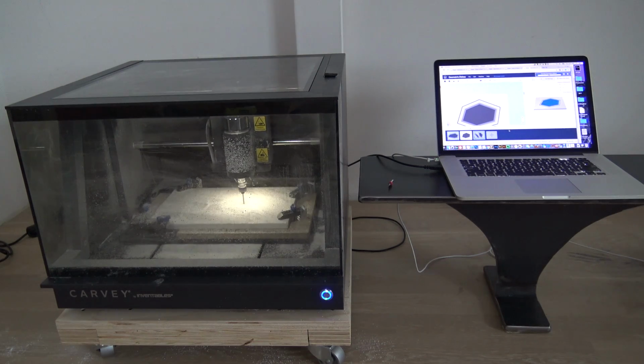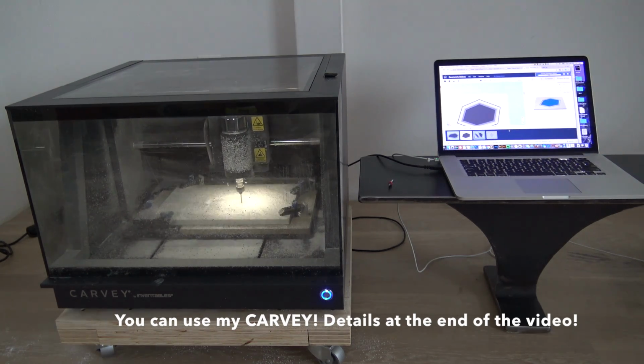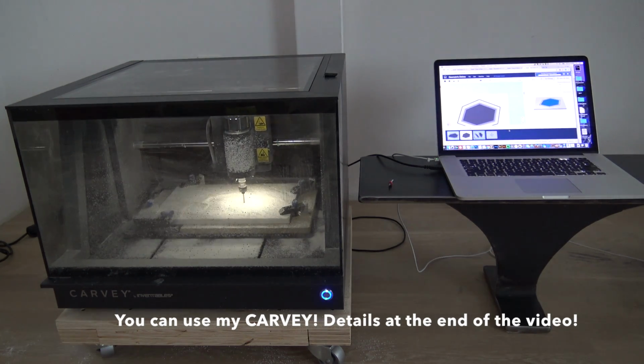process before each project. Now, I know a lot of you don't have access to machines like this, so I'm working with Inventables to create a program where you can actually upload designs and use my machines. So stick around to the end of the video and I'll tell you a little bit more about how this